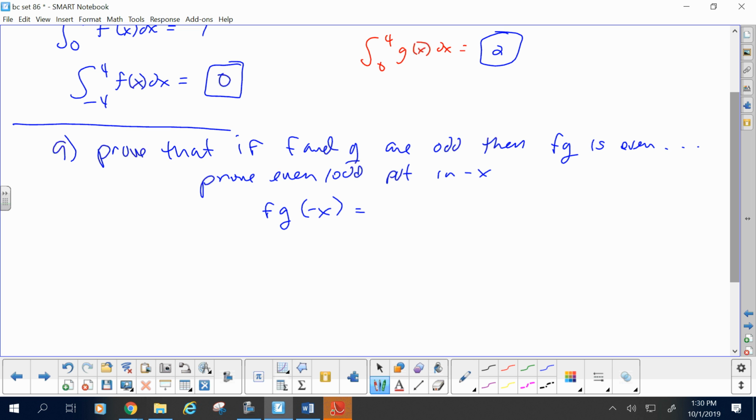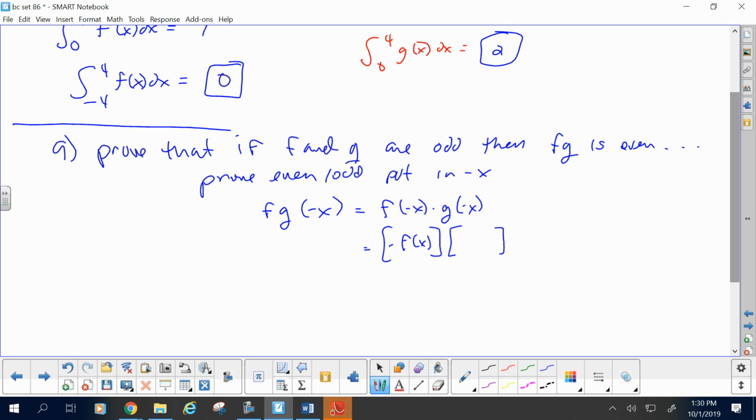What is that the same as? That notation is a little shortcutty. What should this be written like? F of negative x times g of negative x. Instead of having some kind of one argument, it really should be written that way. All right. Well, then, if you're given the fact that f and g are odd, what does that imply about f of negative x? It's the same as the opposite of normal, f of x, so negative f of x,